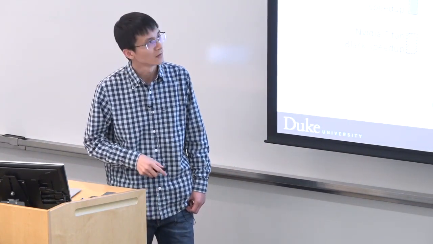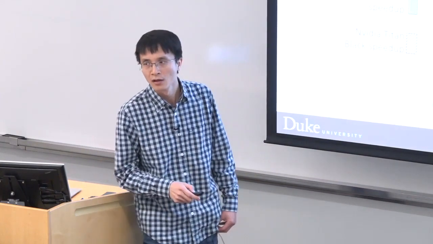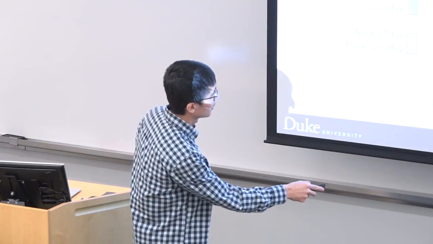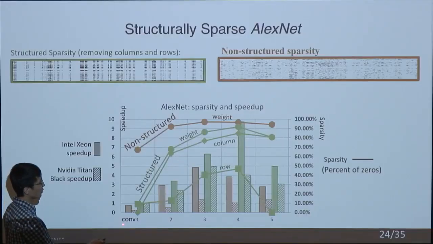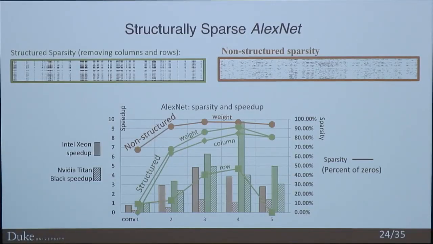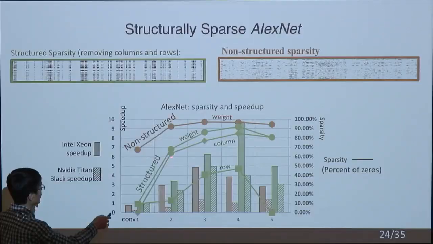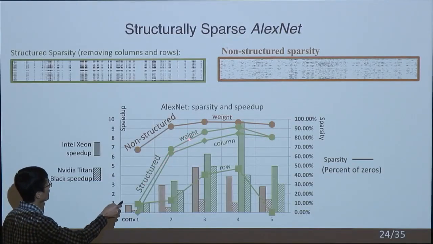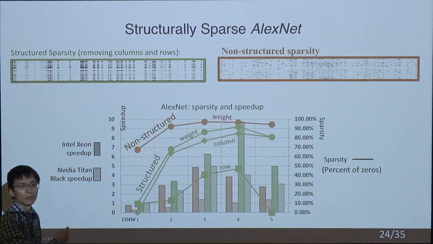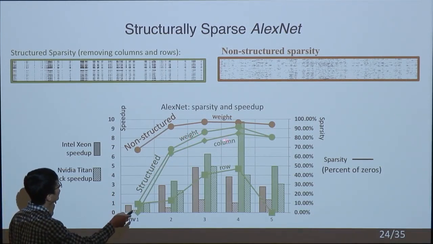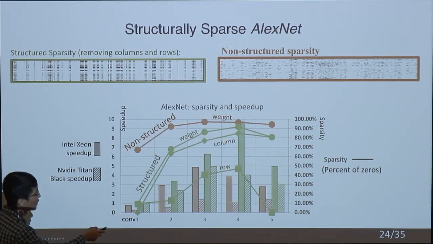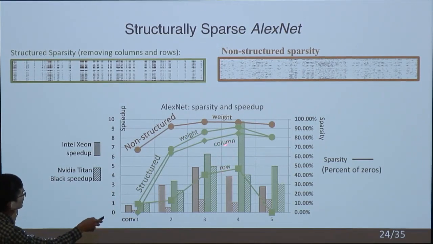Actually, can you explain what X is? Number of the layers? This number? Yeah, or the index of the convolution. Okay. Convolution 1, 2. So what's the meaning of the column and the row? In the figure you have 4 of them. One is weight. This one is the sparsity of how many weights are removed. This one is how many rows are removed. This one is how many columns.